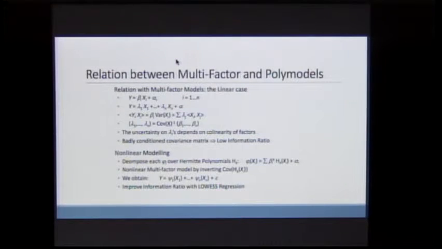But basically, you see a relation between the multi-factor models and the nonlinear and the single factor models by inverting the correlation, the covariance matrix. Here, you notice that precisely if you cannot invert the covariance matrix, you get a collinearity problem, and you find out that, of course, the multi-factor model cannot be calibrated.